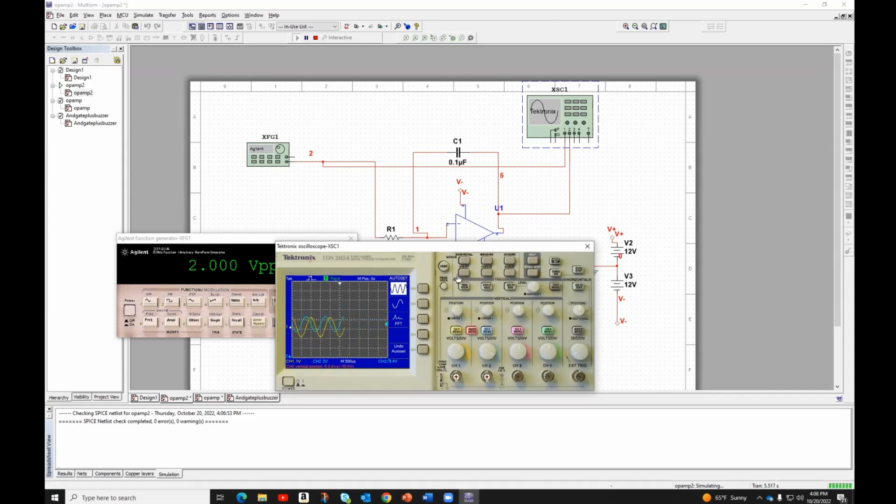And now you can see that the input is in yellow and the output is in blue, and it is integrating the signal. So the integral that you see is the integral of the sine wave, you get a cosine wave. Kind of makes sense. If I do it for a